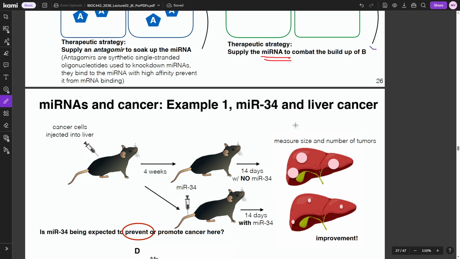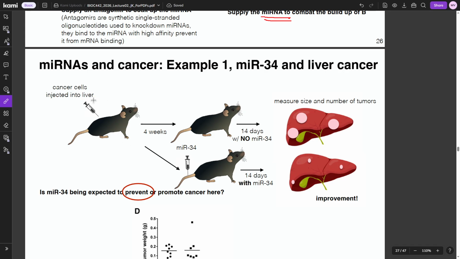This right here is microRNAs in cancer, just an example. So cancer cells are injected into the liver of these mice. After 4 weeks, 14 days without microRNA 434, you measure the size. So they have a lot of tumors. They have a cancer. So basically, you inject these cancer cells, you don't do anything to them, they develop cancer in 14 days. If you inject them with cancer, then add the microRNA, it actually prevents cancer, or at least it slows it